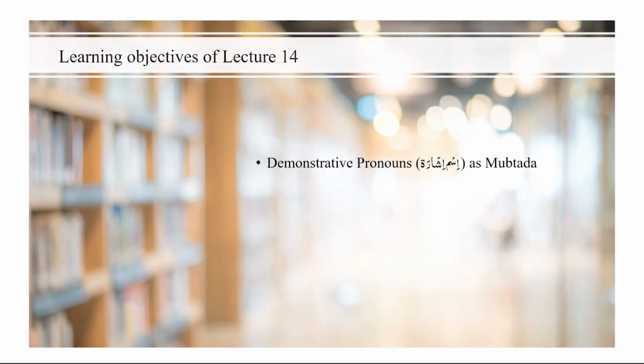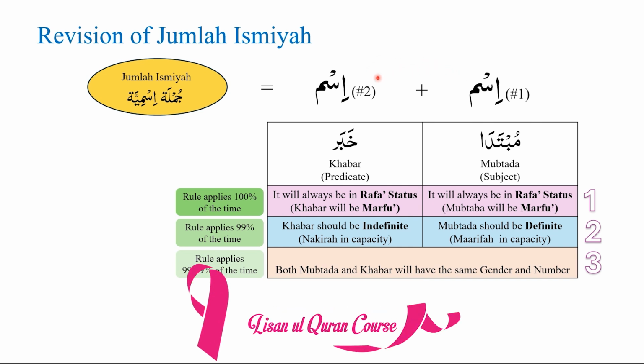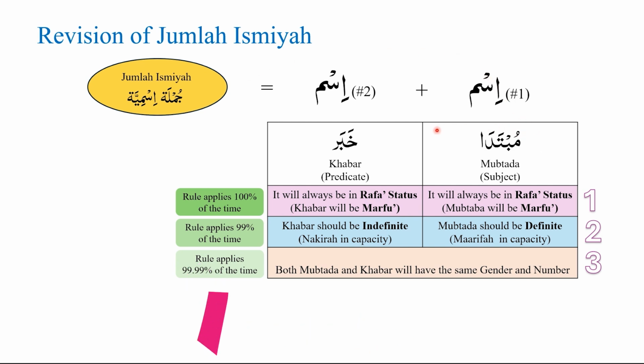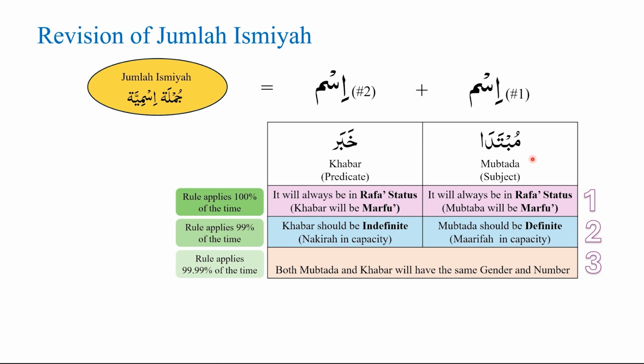In this lecture, we will study demonstrative pronouns or ism ishara as mubtada. Let us revise Jumla Ismiya. Jumla Ismiya is made by the combination of at least two asma. And ism plus ism will make Jumla Ismiya. Therefore, each Jumla Ismiya will have two components, mubtada and khabar. Mubtada is the subject and khabar is the predicate. Mubtada is the ism which is found at the beginning of Jumla Ismiya, and khabar will give us more information